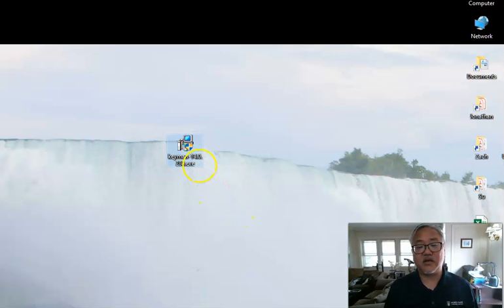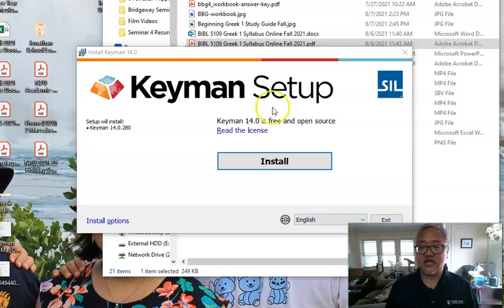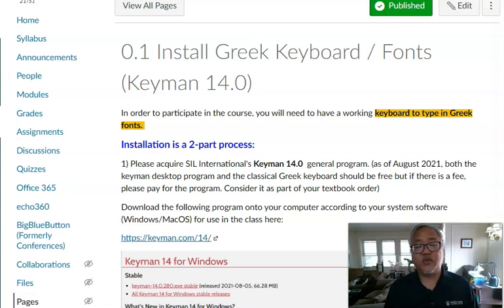I'm not going to be installing it twice. It's already on my computer. But you click on it, Keyman setup. You click the install button, and then just walk through the menu. So I'll pause and let you go through that. Now once Keyman 14.0 is fully installed on your computer, and you might want to restart the computer before doing this next part,